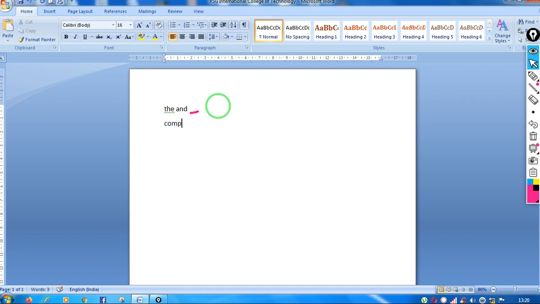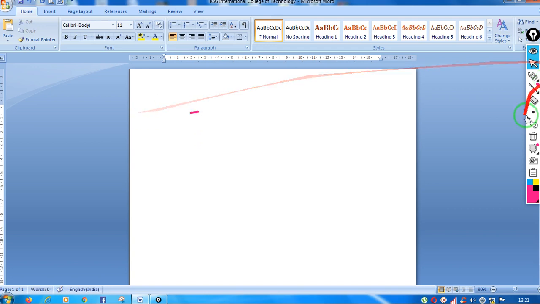Suppose I'm writing COMPUTRE over here, the spelling of computer is wrong, but see, automatically it corrects the spelling. Earlier it was TRE, now it's TER. This is all possible because of autocorrect. Autocorrect is a feature of Microsoft Word that you can use to automatically detect and correct mistyped words, incorrect words, grammatical errors and incorrect capitalization.